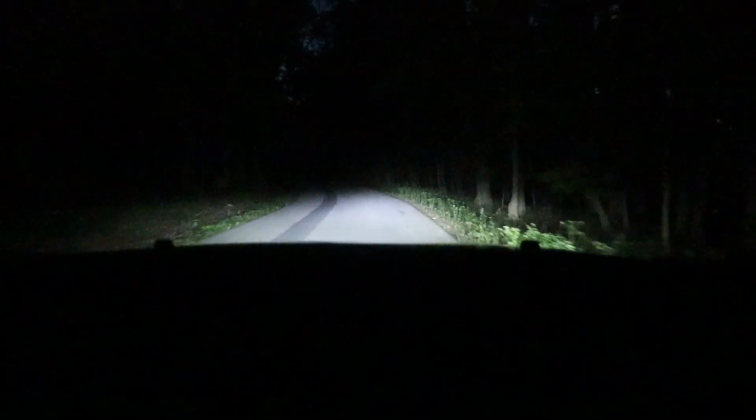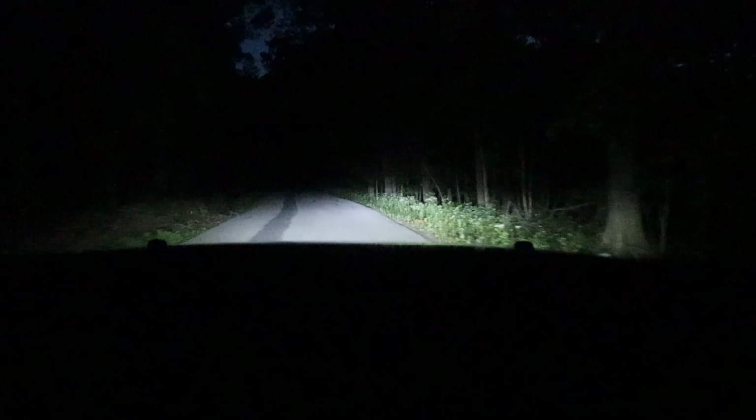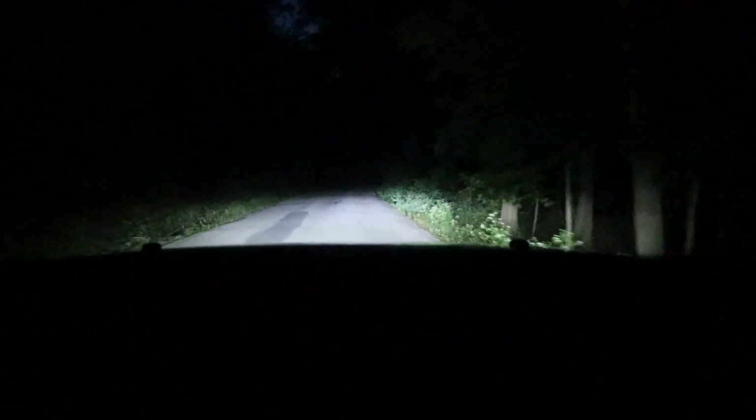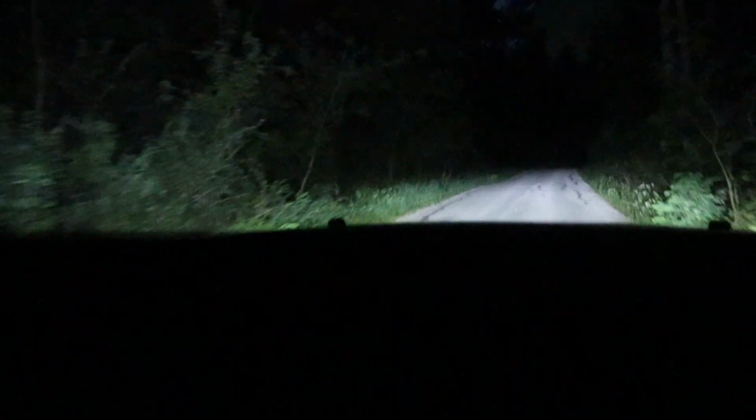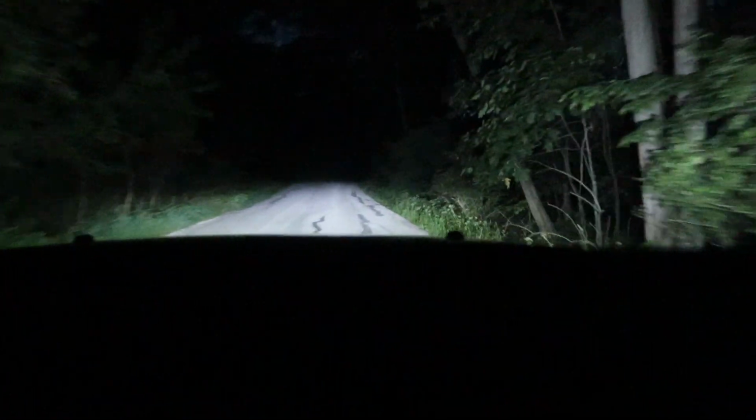Alright guys, so I'm out here on this dark road. You can see we're surrounded by trees and wilderness. It is really dark. Let me show you this. Oh yeah, you can't see anything. So I'm gonna go ahead and turn on the lights, see what you guys think. Oh yeah, that illuminates quite a bit, both left and right. There you go. Off,